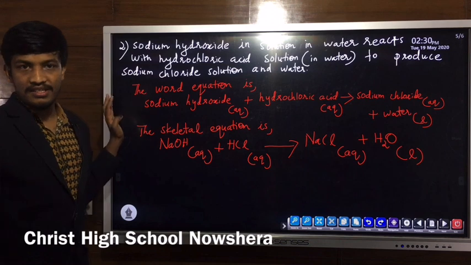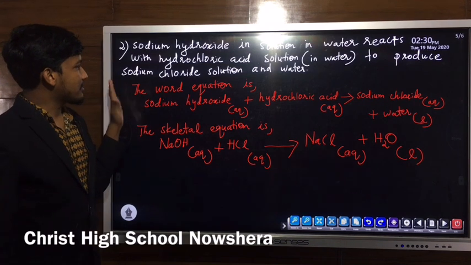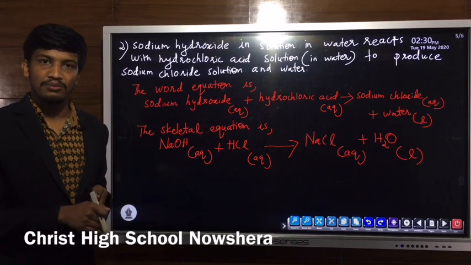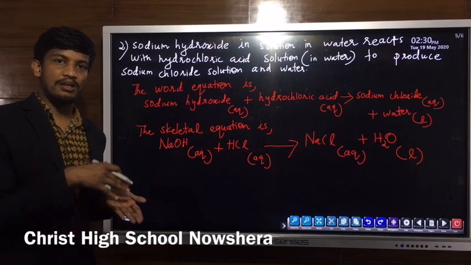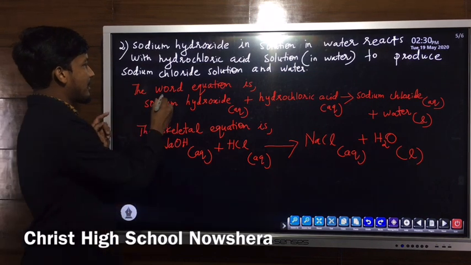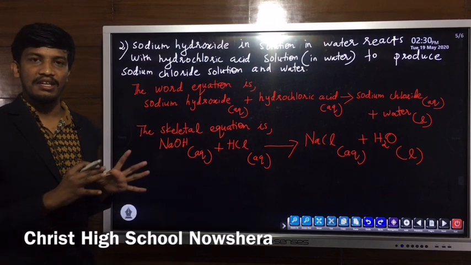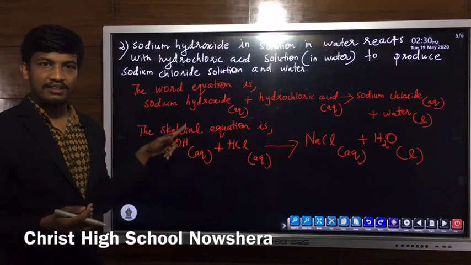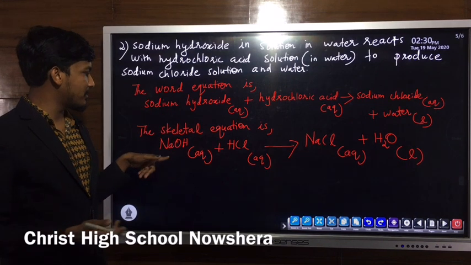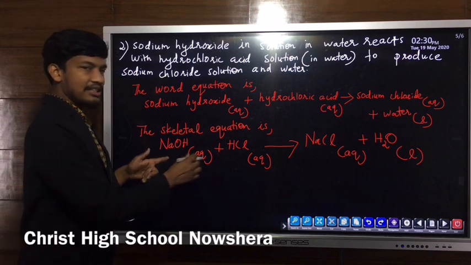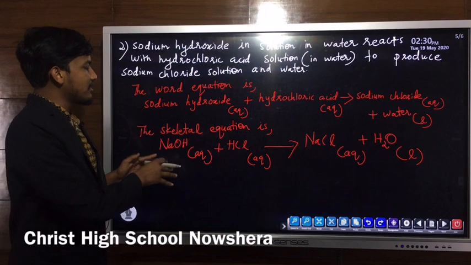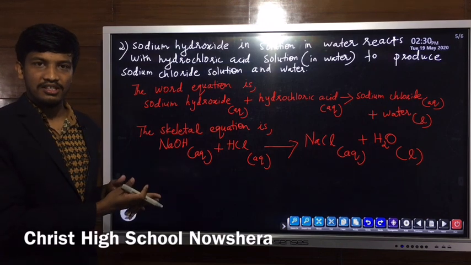Then we can consider the second part of this question. We have a chemical reaction. We have to change this chemical reaction into the form of a balanced chemical equation. Same steps. First of all, we will find out the reactants and products. After that, we will write the word equation. Word equation means names. From the word equation, we will find the unbalanced or skeletal equation by writing the chemical formulas of reactants and products. Then, from this skeletal equation, we will list the number of atoms and make the changes, and we get the balanced chemical equation.